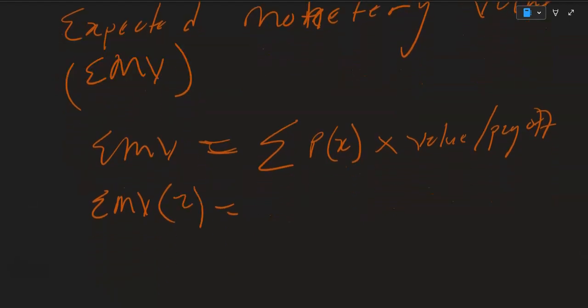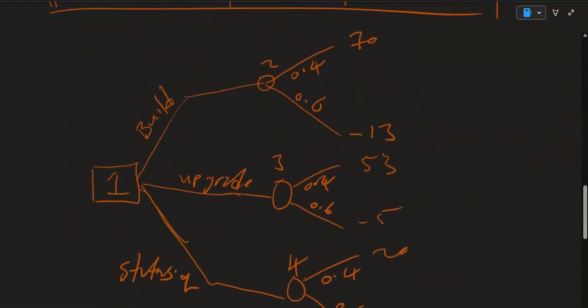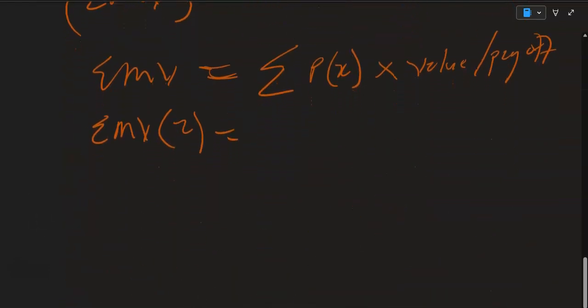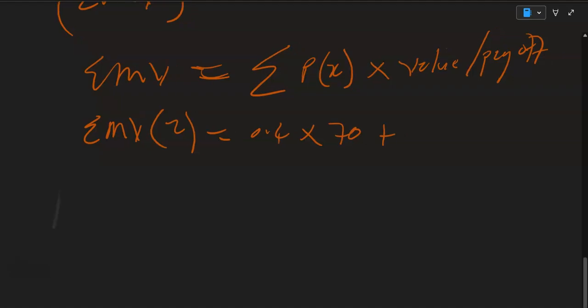EMV2 is equal to that formula. Now, what is encompassed there? We have 0.4 and our payoff is 70. Our net payoff is 70. So we have 0.4 multiplied by 70. But remember, it's a summation, so you need to encompass all the chance nodes that are involved on that particular decision. So we have 0.4 times 70 plus